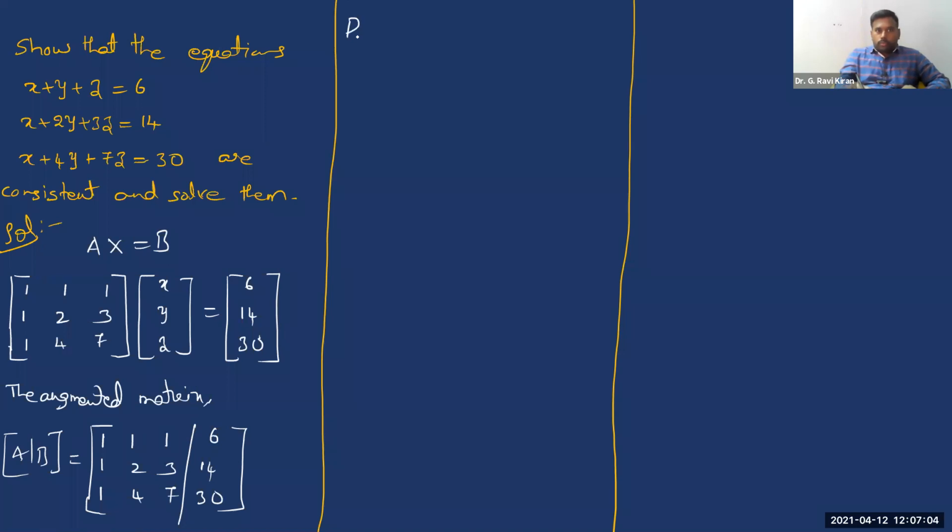So let us reduce this into its echelon form by taking certain row operations like this. You see, R2 changes to R2 minus R1. And along with this, we can take one more operation. Because in R3 also there is a 1, R3 changes to R3 minus R1. Now see, because of these operations, we'll get the new matrix like this.